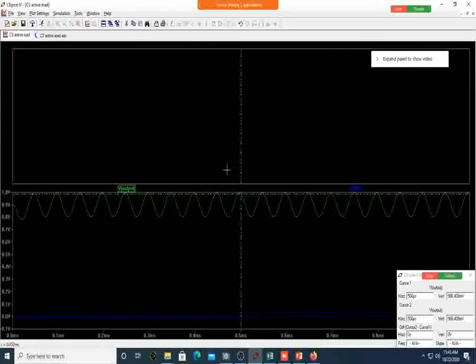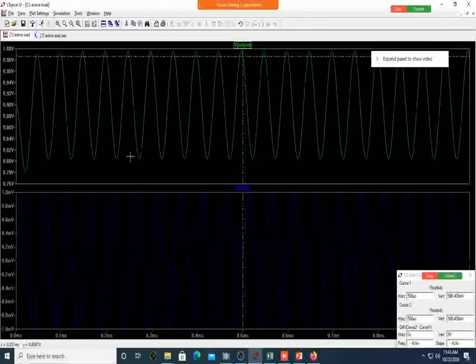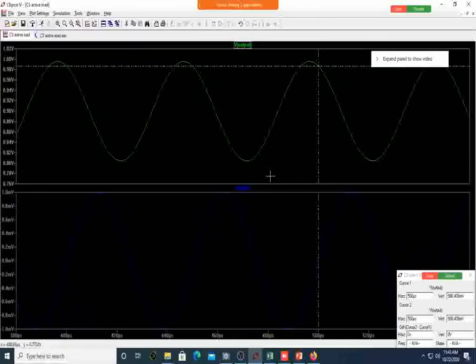Let me put it in two different panes. So can you see now the gain is so high because you are unable to get such a high gain with a resistive load. What was the limitation with a resistive load? Suppose you want to get higher gain, what was the limitation?